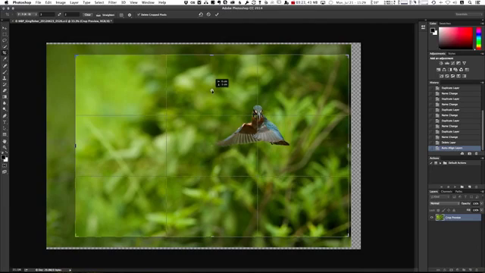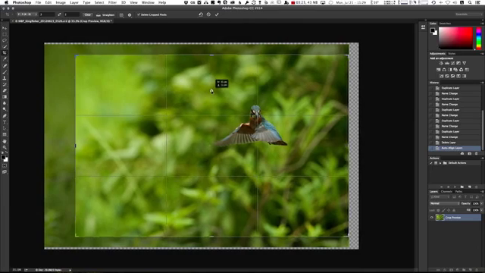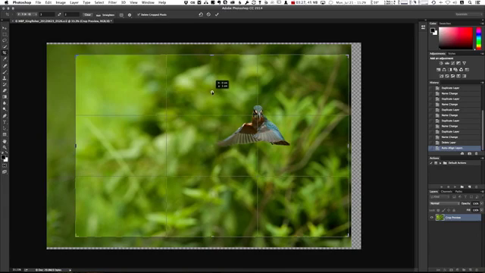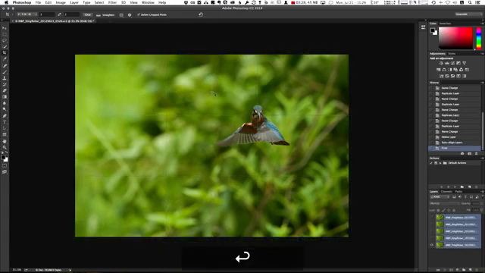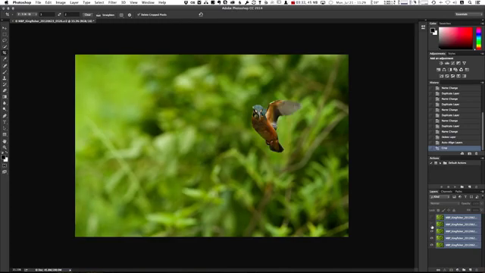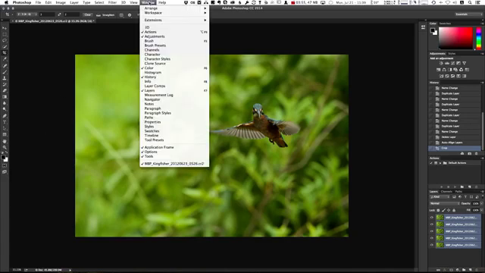An animated GIF by default is not for print, so I'm just going to move this around, and then hit Enter to apply the crop, and just go back and turn on all of these layers again. And you can see now that as we do that, the bird seems to be moving, and we have a nice series. So the next thing that you want to do is go to the Window menu